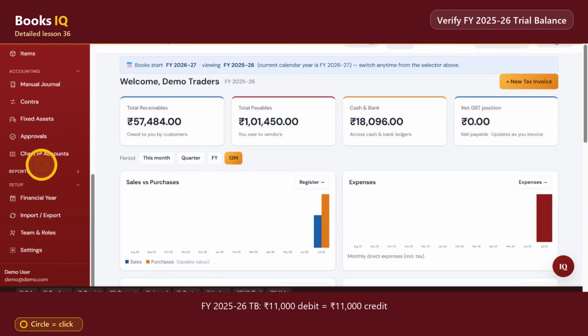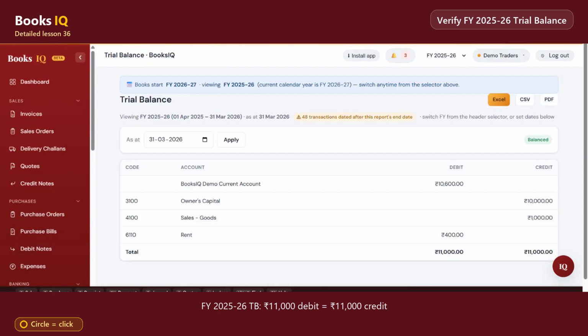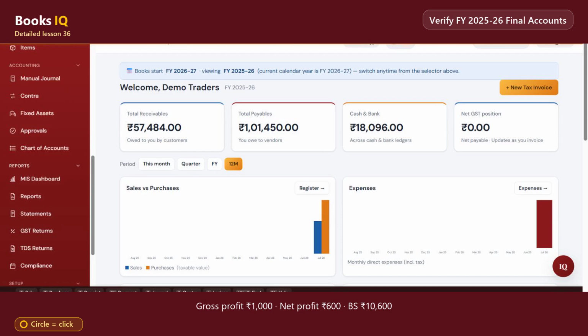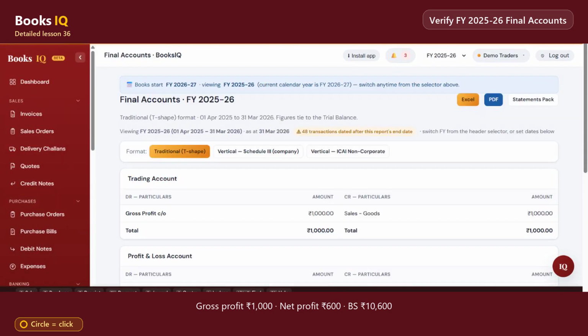Open trial balance from the full reports route. Bank is 10,600, capital and sales are credits, rent is a debit, and both totals are 11,000. Open the main balances, then trace the 600 bank debit, 400 rent debit and 1000 sales credit, and confirm no difference. Open final accounts. Gross profit is 1000, rent is 400, net profit is 600, and the balance sheet balances